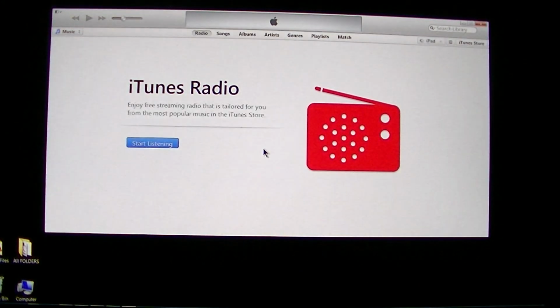I'm going to go ahead and I'm going to plug in my iPad to the computer. If I can, there it is. Just take a second here. Oh, come on. There it comes. Okay, so now